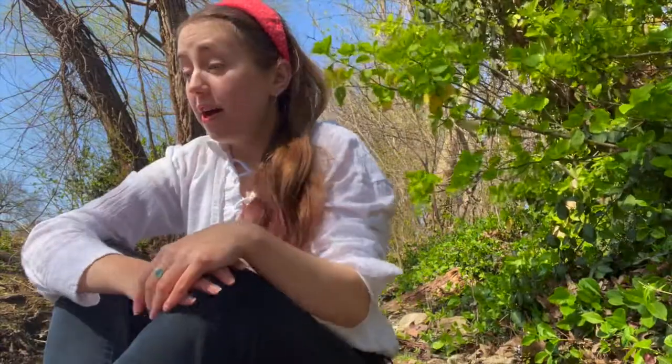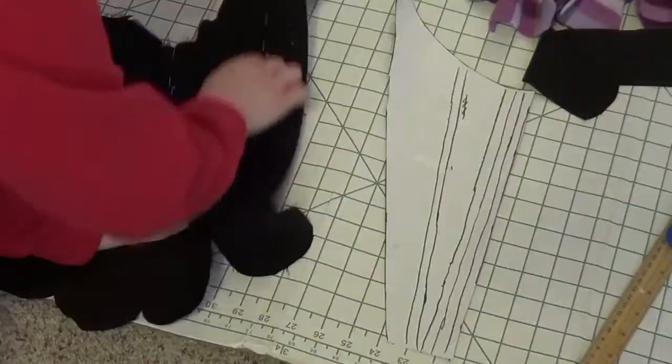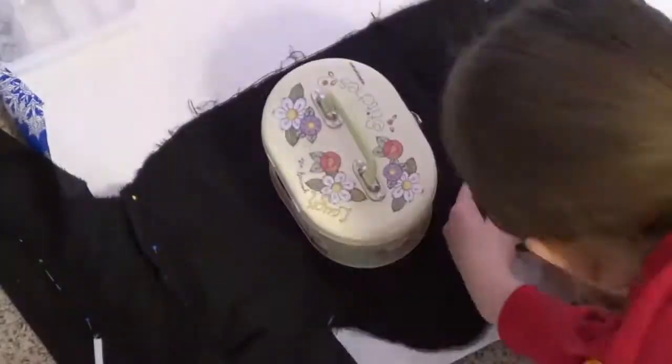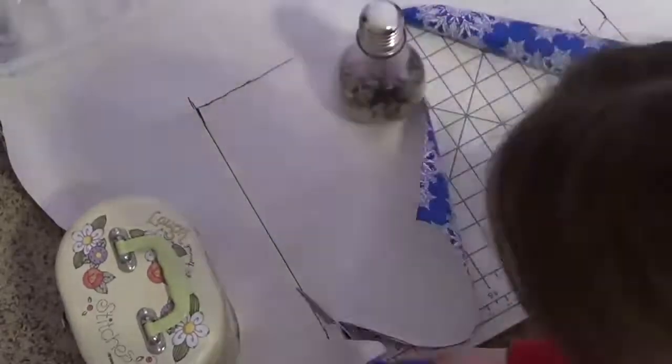But anyway, so 2 layers of cotton fabric that was yellow, and then a beige kind of khaki color for the lining, and then I used a lighter beige, like almost a sand color, for the binding. So I cut out the pattern pieces based on the adjustments that I had made to the original pattern pieces from the mock-up. So I actually traced the mock-up onto wrapping paper, which was going to serve as my pattern paper, and then I cut that out and then used that as the pattern for my final version of the